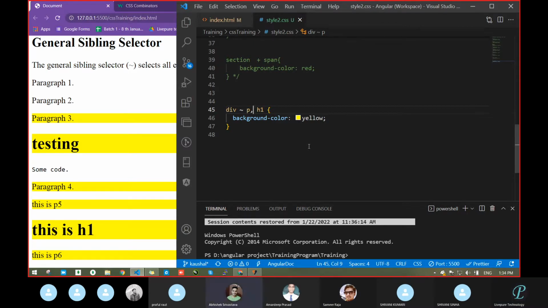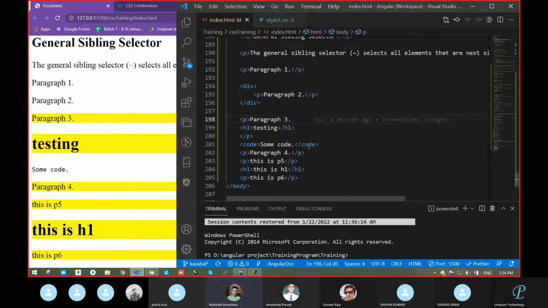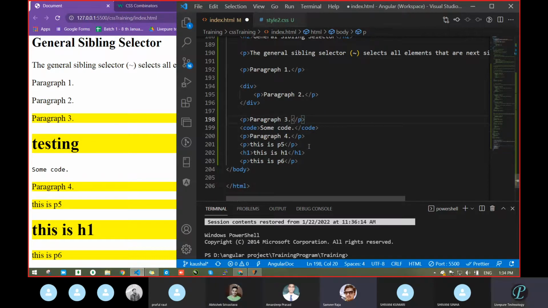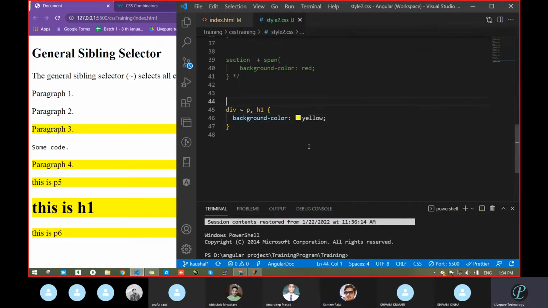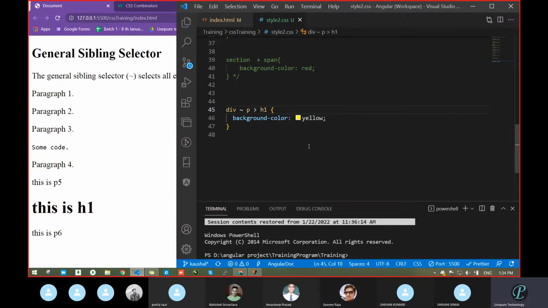Sir, when we use the greater than selector? Yeah, good question. We'll try greater than. Yes, let's try. So where do you have to pass the greater than? After P. What are you doing? No, sir, after P. Okay, here. I don't know what it will be. It will look like khichdi completely. Sir, space is not being considered over here after P.